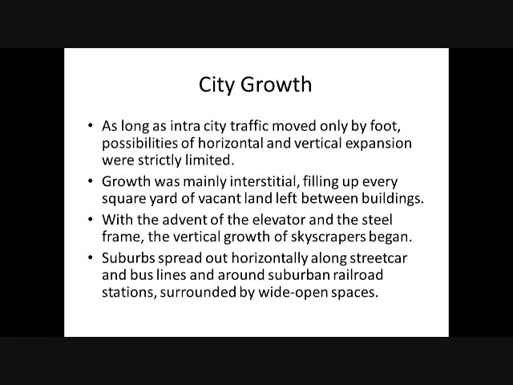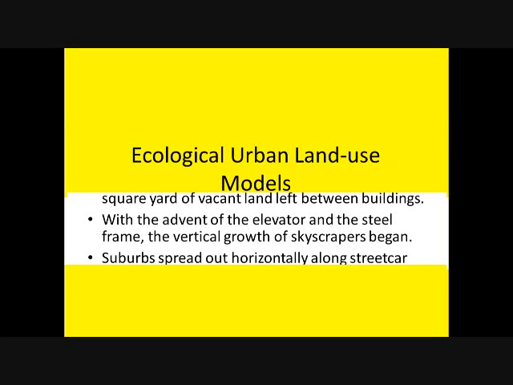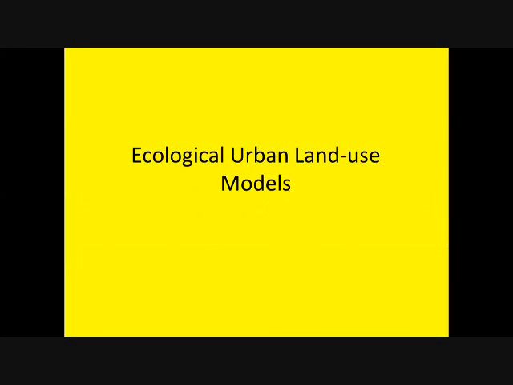While if you look at other cities, they restrict the height to 4 floors, for example. So you find that the growth must go horizontal. Suburbs spread out horizontally along streetcar and bus lines and around suburban railroad stations, surrounded by wide open spaces. So what kind of models can we think about to make the urban areas and the cities more sensitive to the nature? So there are some models